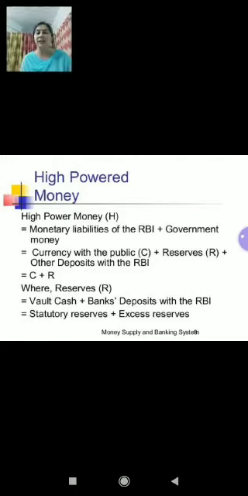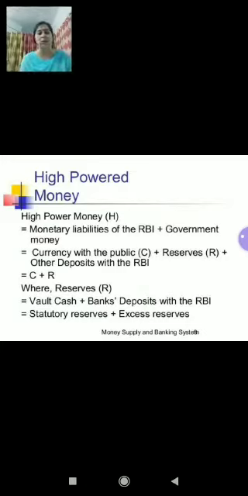The part of currency held by the public forms a part of money supply. The currency in the bank vaults and the deposits with the central bank are used as a reserve backing people's deposits at banks. Children, the central bank has direct control over the high-powered money. The term monetary base reflects the fact that overall money supply depends ultimately on the base, that is the amount issued by the central bank.